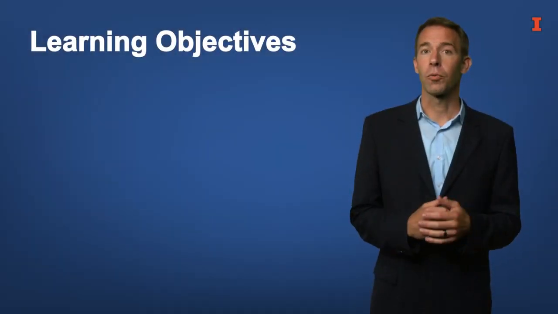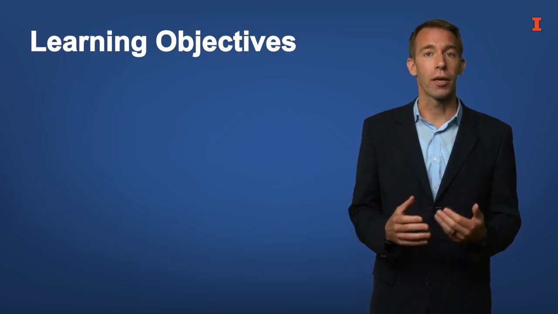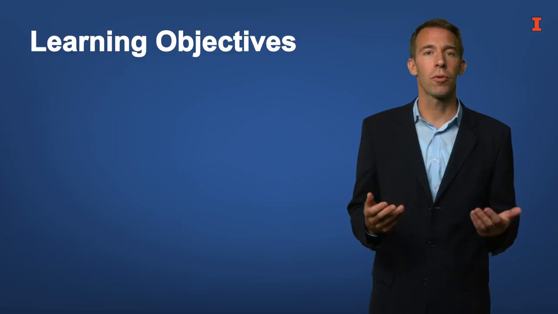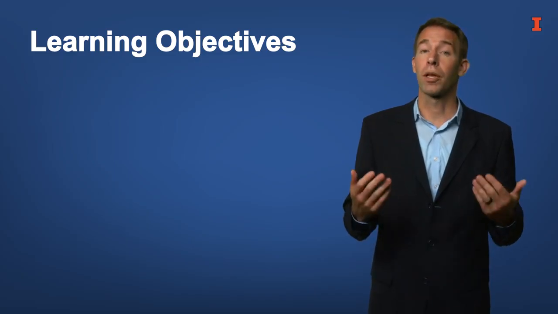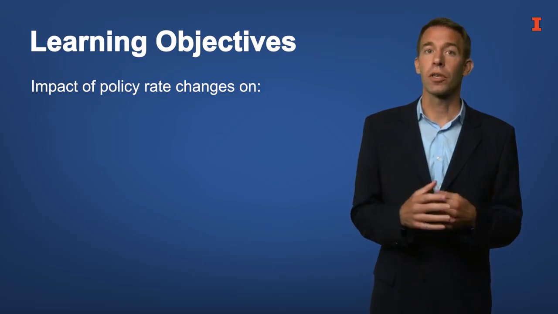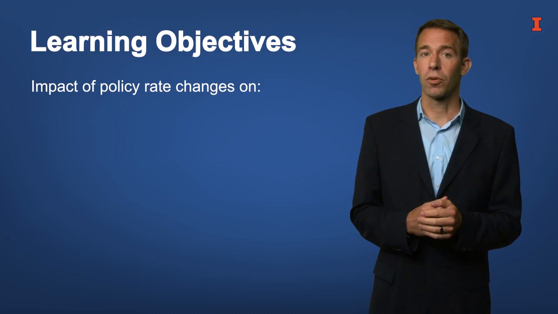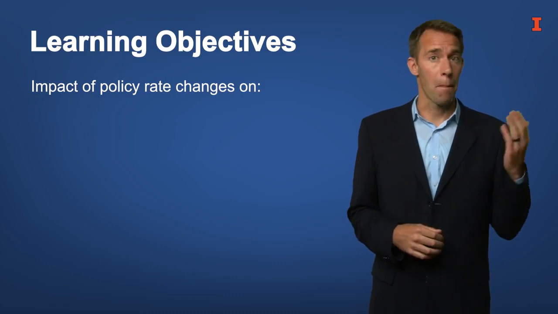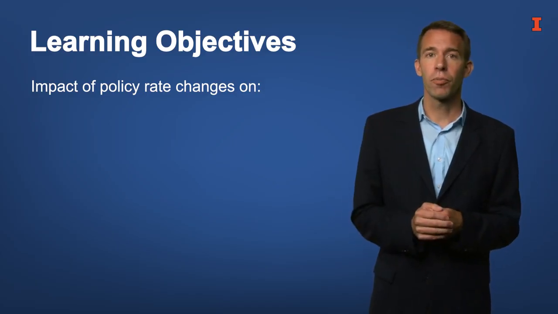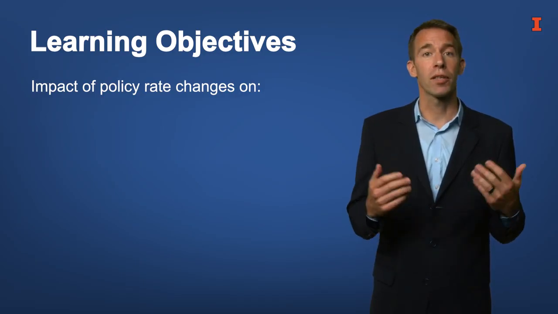Hello, and welcome to this lecture on the transmission of monetary policy to the economy. In this session, we are going to summarize how monetary policy decisions spread through the economy. In the United States, the Federal Reserve adjusts monetary policy in response to changing economic conditions. Remember, the goal is maximum employment and stable prices. The most common response is raising or lowering the short-term interest rate, the federal funds rate.